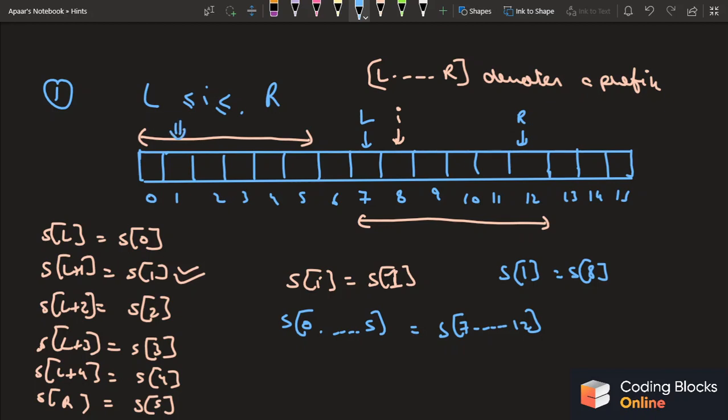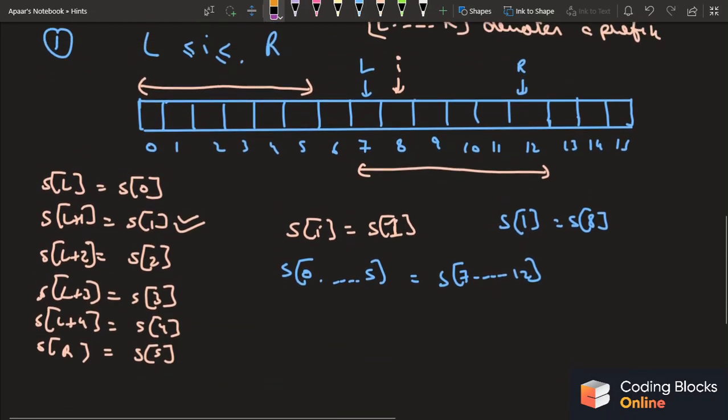So I've already computed the zi value of s1, right? Because of course when I have come to s of 8, I have already computed the values of z0, z1 till z7, right guys? That's what I'm doing. I'm always trying to move forward, computing the zi value of the current index and moving forward, right? So what does this mean? That I've already computed z1, because I'm moving in a for loop and I've already computed the previous i values that I've been to. So previous zi values till i minus 1 have already been calculated, right?